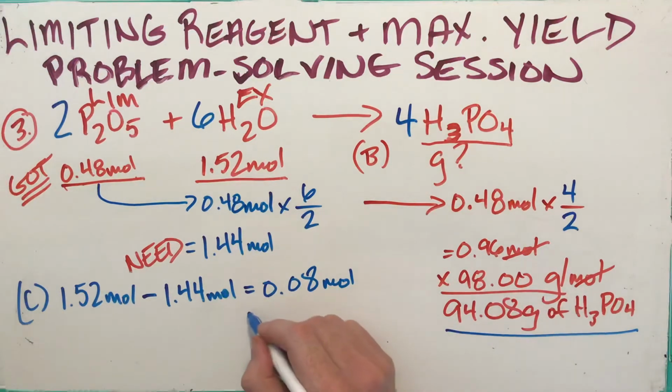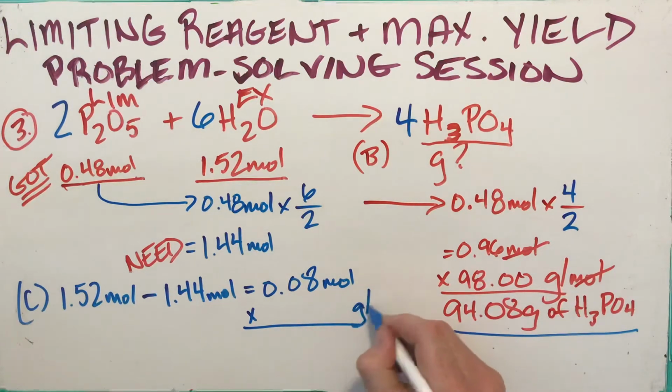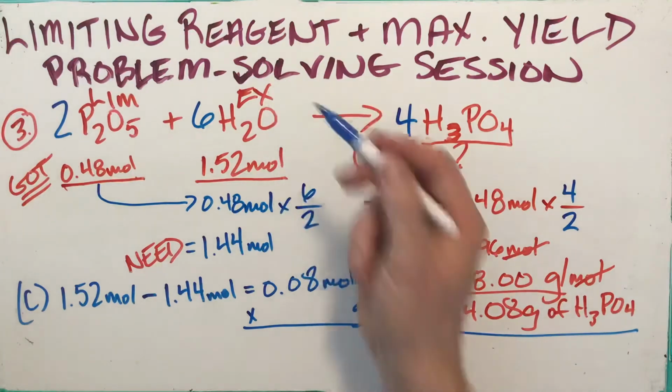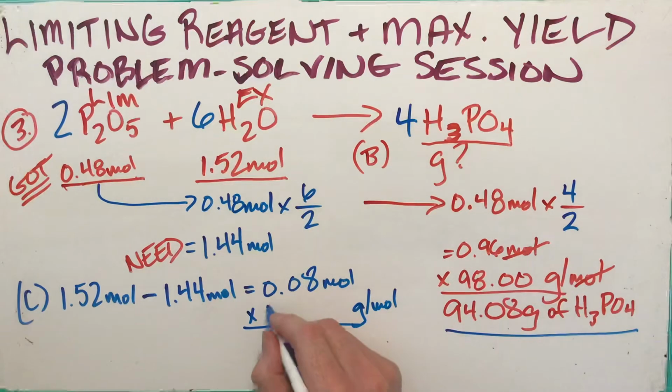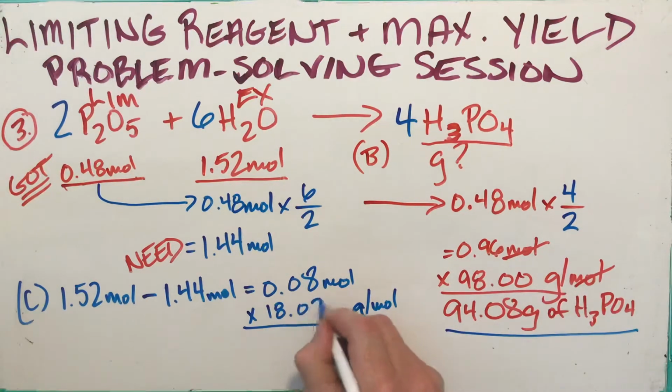And then, because the question asks what mass of the excess reagent, which we know is water, is left over, I multiply that by its molar mass, so 2 H's and an O, 18.02. Probably remember that for water now. And I end up with